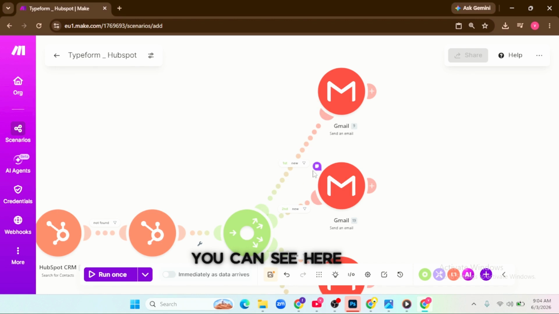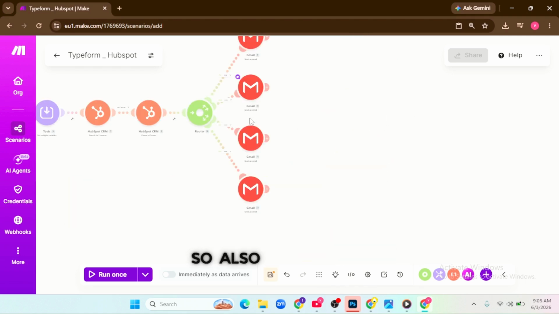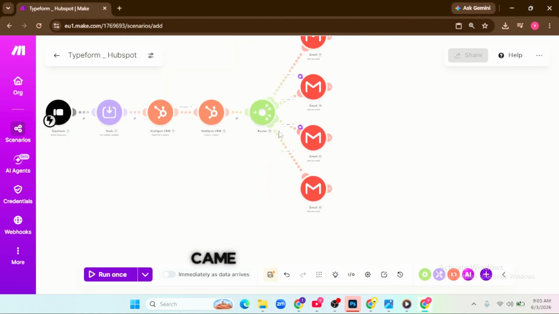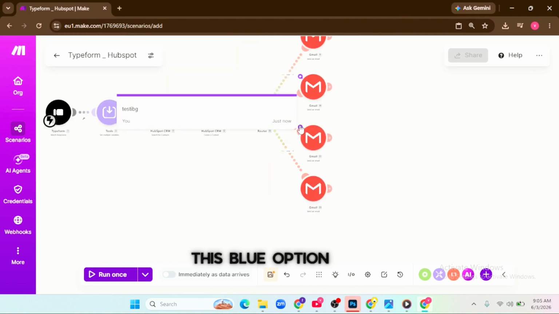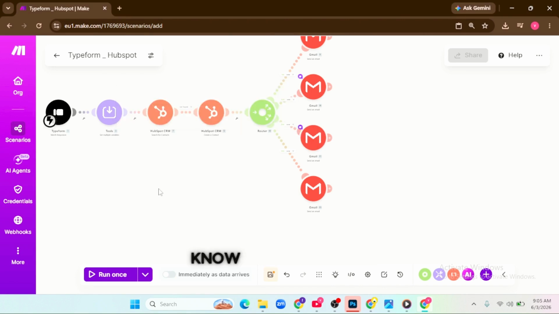Now you can see here this option. Whenever your client comes and sees this, he immediately knows that this module is actually a function that sends to the client email. So I can also name it like you can see here. Whenever the client comes and sees this blue option and clicks on it, he immediately knows what is the